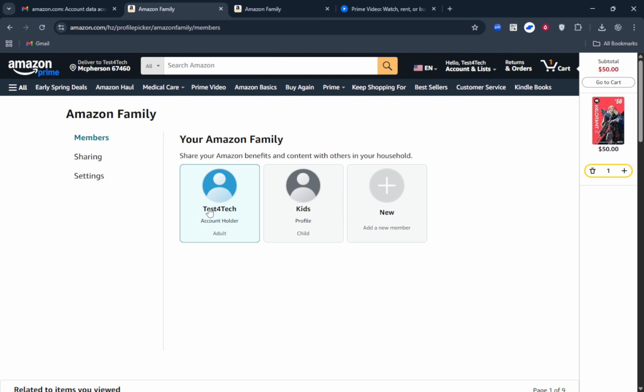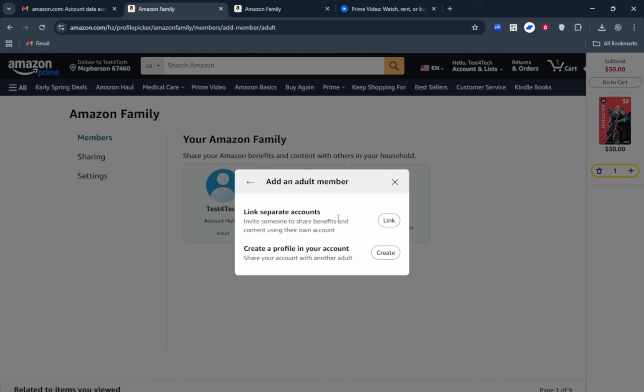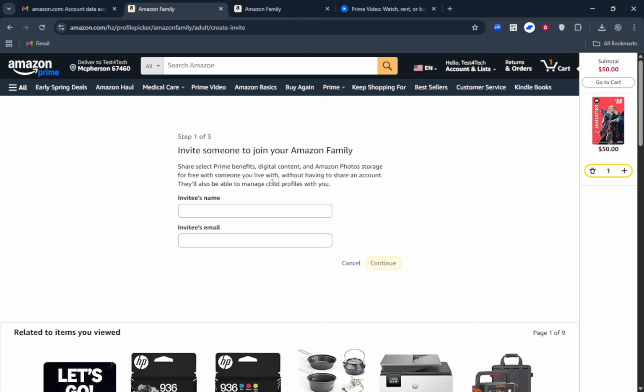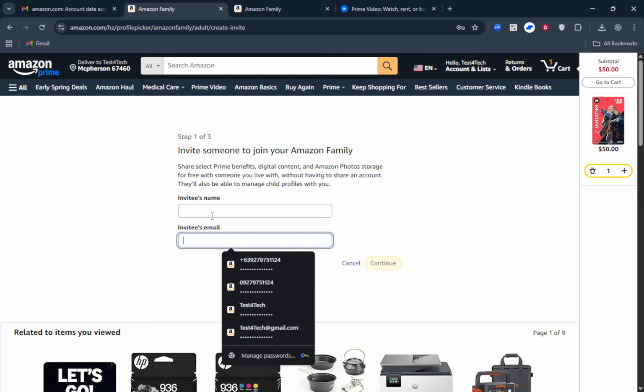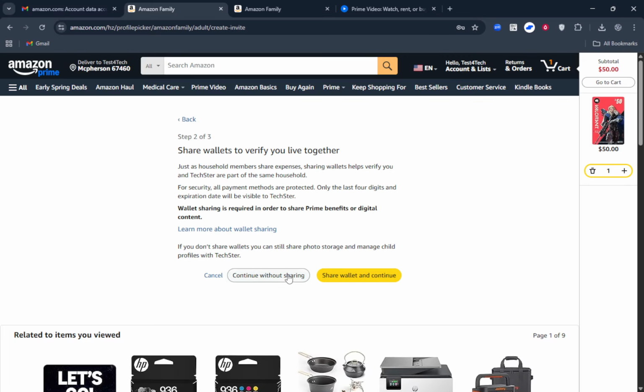From here, decide who you want to add. You'll see options to add an adult, a teen, or a child. Select the appropriate type, enter their email address, and send the invitation. Each person you invite will need to accept before they're included in your household. For adults specifically, sharing doesn't begin until they accept by email. If the invite doesn't arrive right away, have them check their spam or promotions folders, and make sure you use the email tied to their Amazon account to avoid delays.